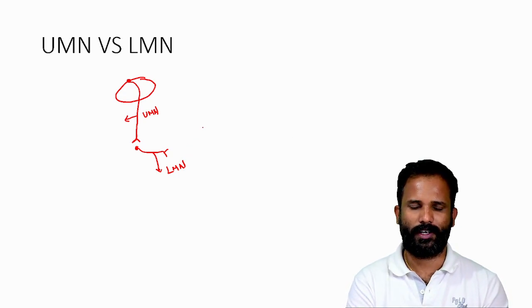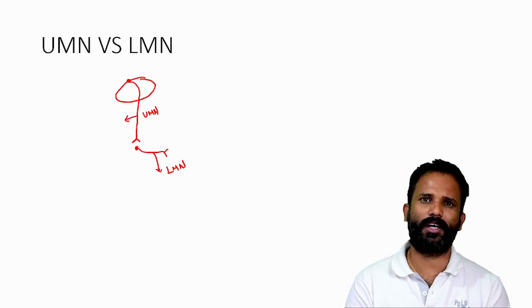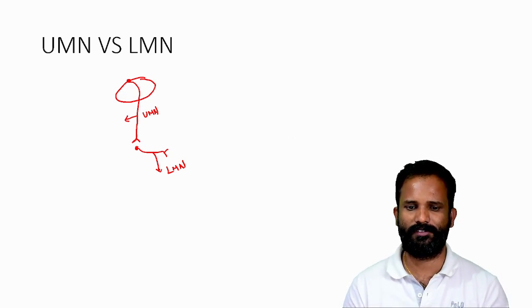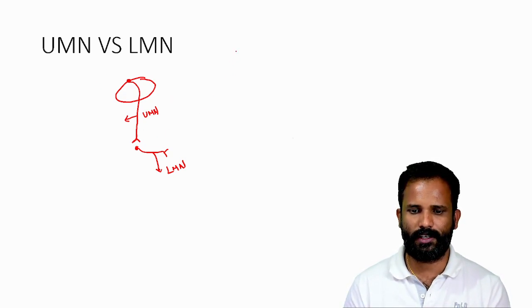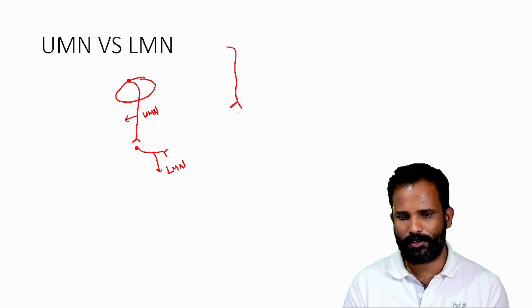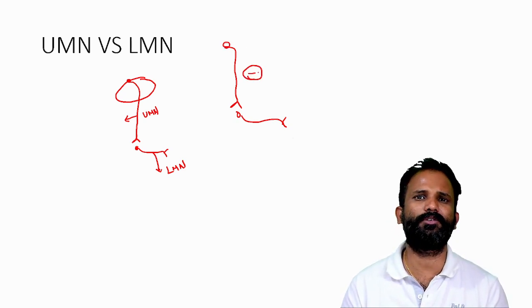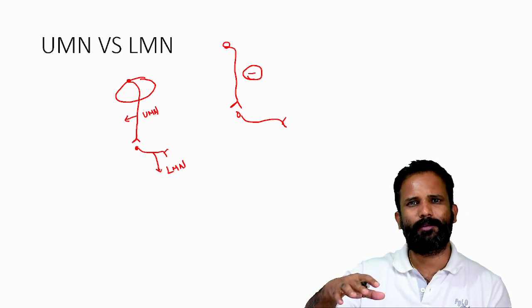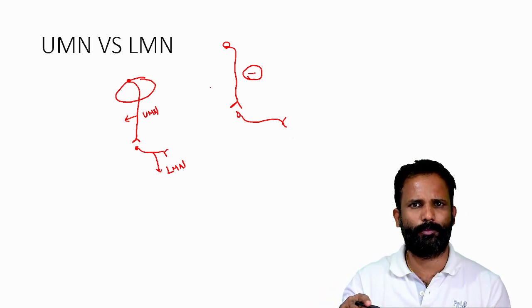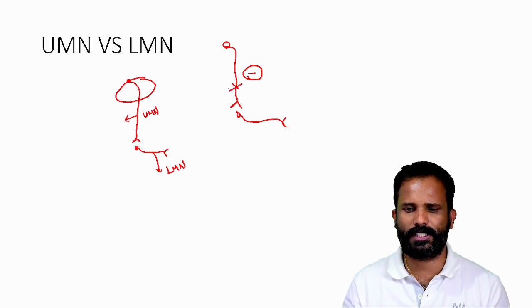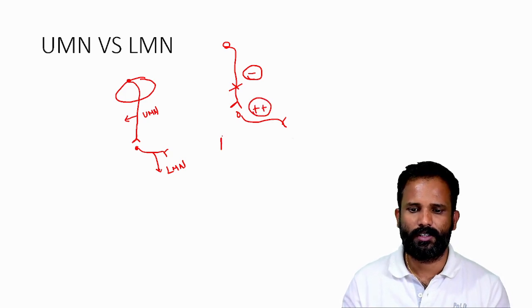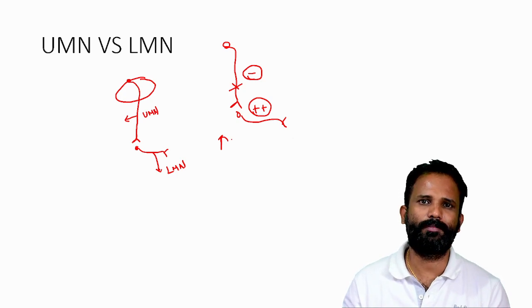Okay. Now, what is the function of the upper motor neuron? What is the function of the lower motor neuron? We'll see that. Usually, let us think that the upper motor neuron is giving information to the lower motor neuron. So let us think that it is inhibitory to the lower motor neuron. That means it is suppressing the tone of the lower motor neuron. If the upper motor neuron is cut, then the lower motor neuron gets excited. So tone increases in upper motor neuron paralysis.